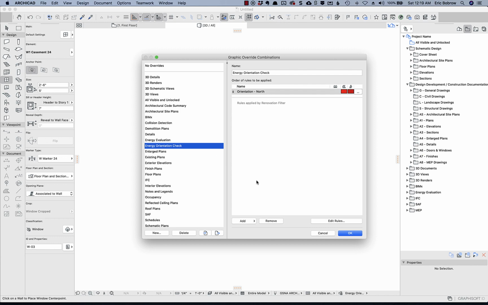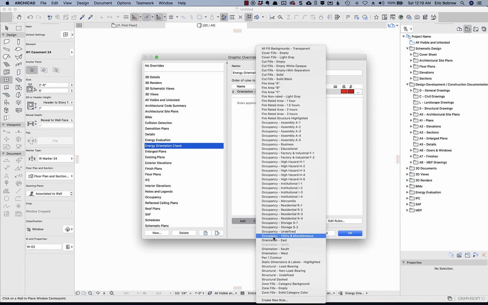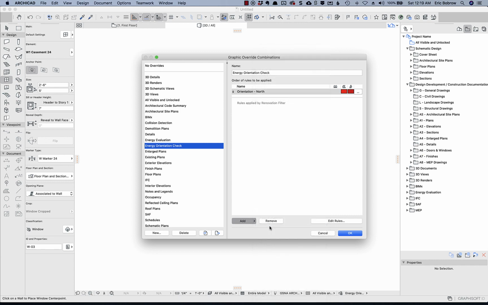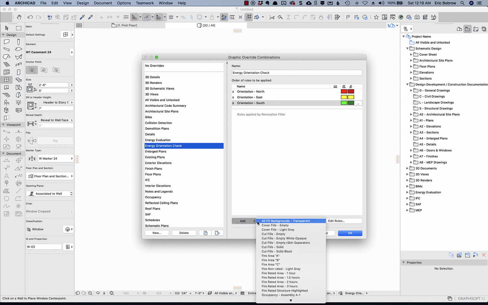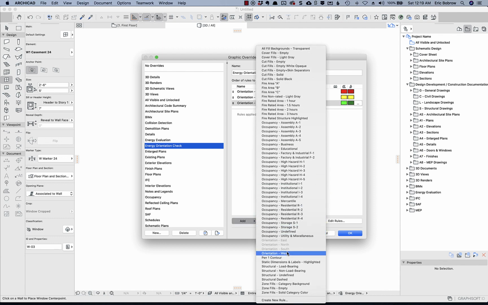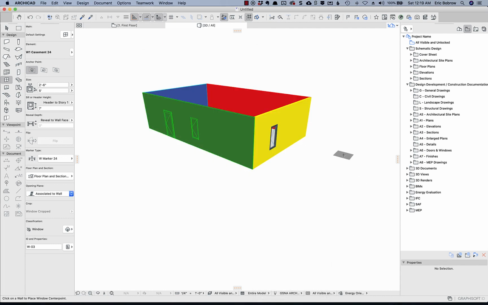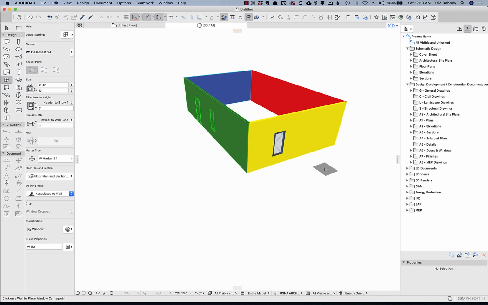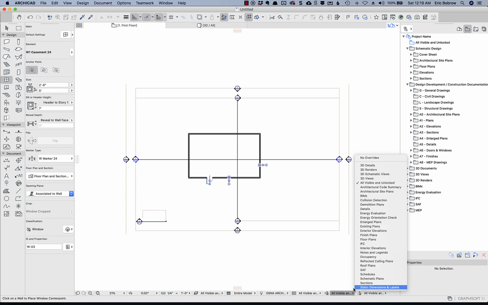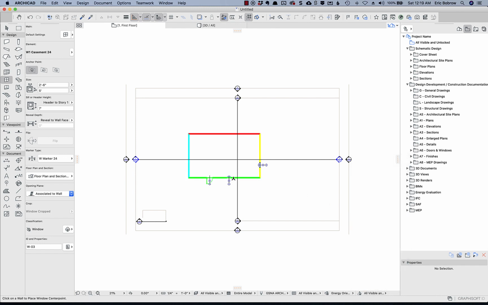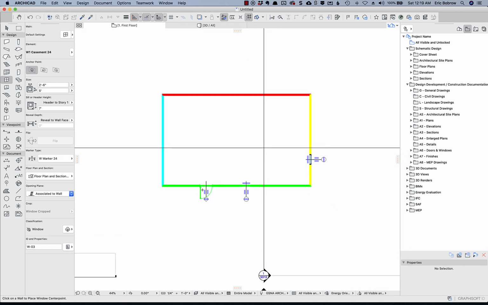I need to just add them to the combination. So we'll say this is going to turn on all of these orientation rules like that. And now you can see everything's color-coded. Oh, but now we can see that this window has not been set. So let's just check it on the floor plan, make sure that this is clear. We say, give me the energy orientation check, and we can see everything is nice, matching, except we have this